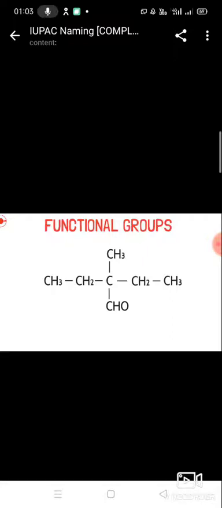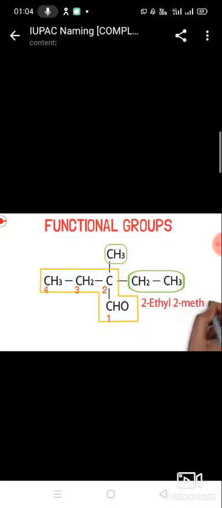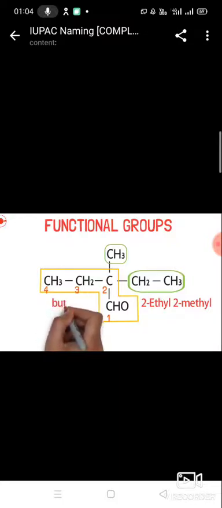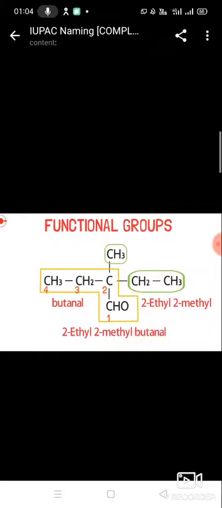So next, the functional group. We have to give the functional group preference for naming the compound. The functional group should be in the longest chain, that is, in the chain of carbon. If you take the CH2 as a functional group, it contains CH3 as a substituent and CH2CH3 as a substituent. So on the second carbon atom, 2 attachments are there and the functional group is CH2OH. What are the attachments? Ethyl and methyl. So 2-ethyl-2-methylbutanol. Butanol means 4 carbon atoms.